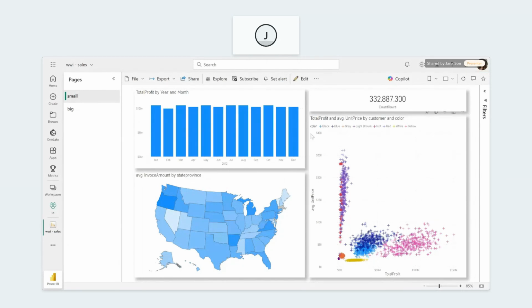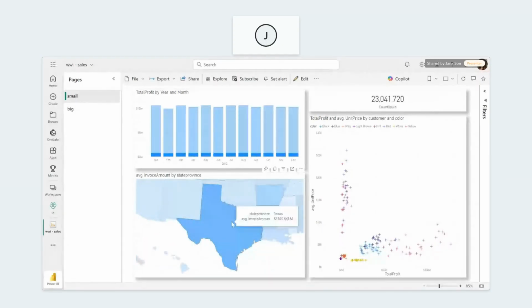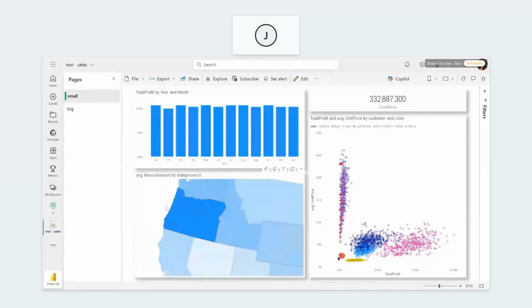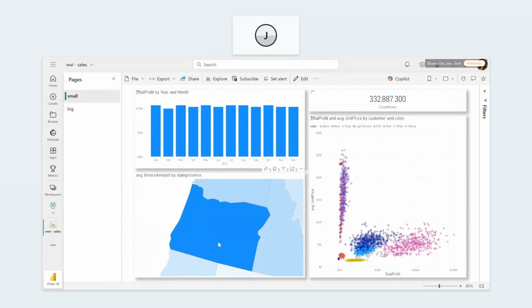But with this particular report, you might want to know the total profit by state with insights about the corresponding unit price and customer type, for example. So all we have to do here, once the report is modeled properly and is using Direct Lake connectivity, is start clicking around on any of the blocks that are interesting to you. And once it warms up, let's see what we have in terms of performance.